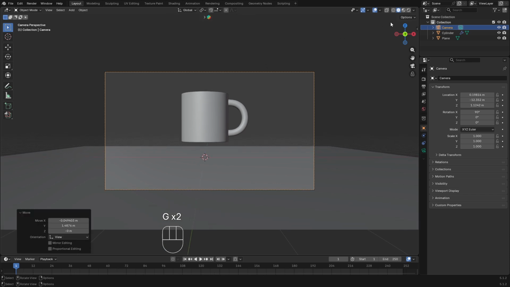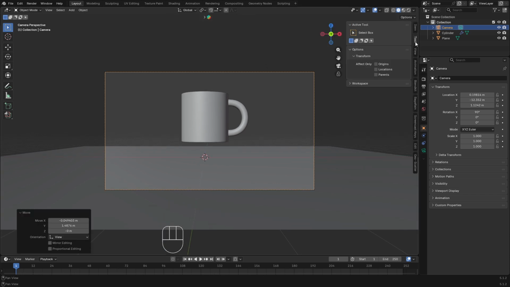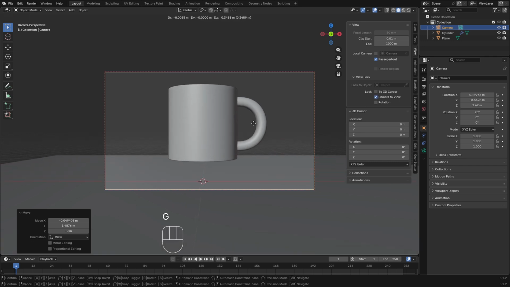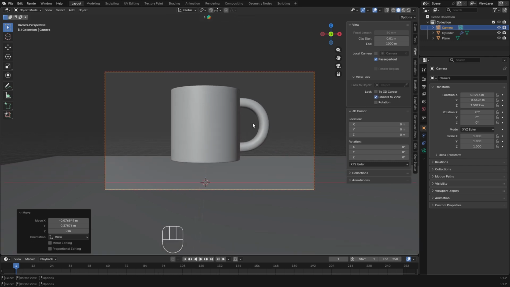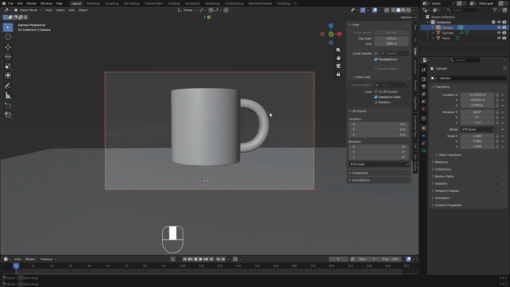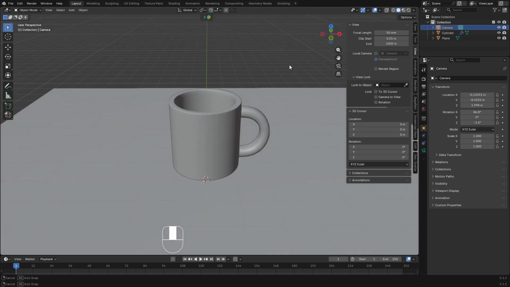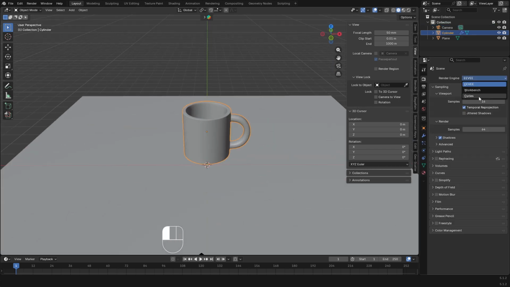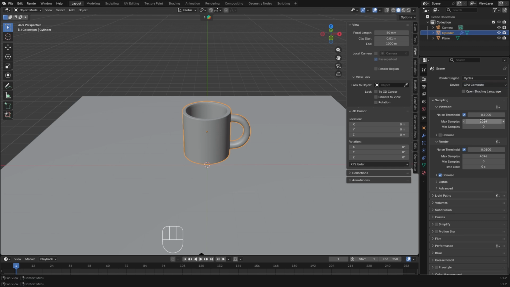So set the camera into the view mode, camera to view, and adjust your camera position. Then remove the check mark and select the cup. Go to render settings, device CPU mode, max sample 128 and render sample 128, noise menu, use GPU,